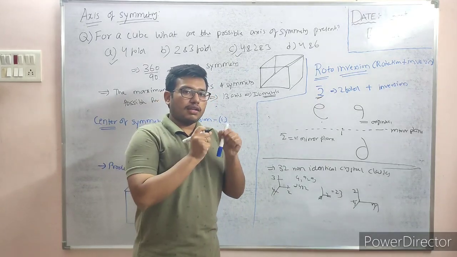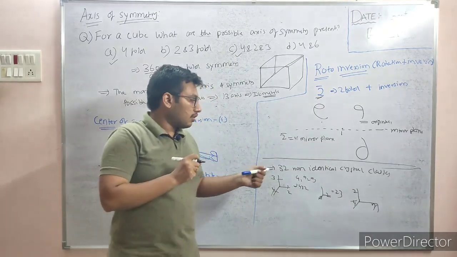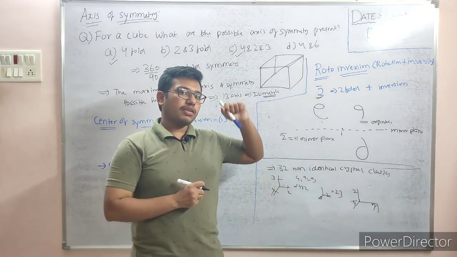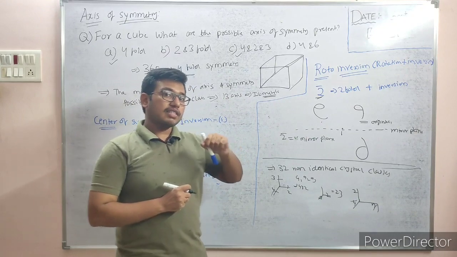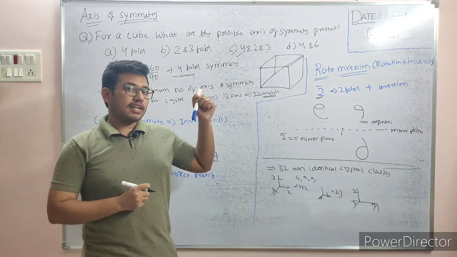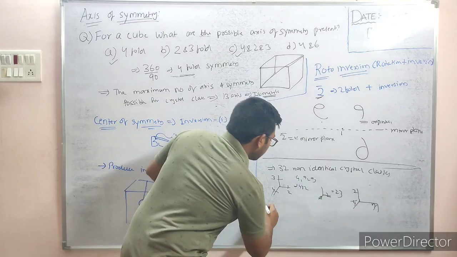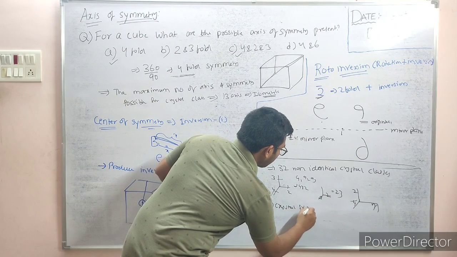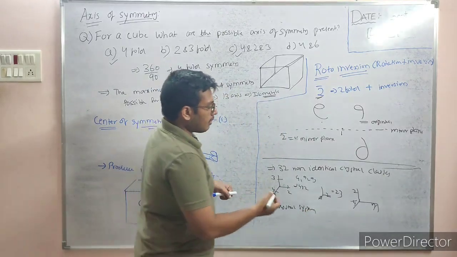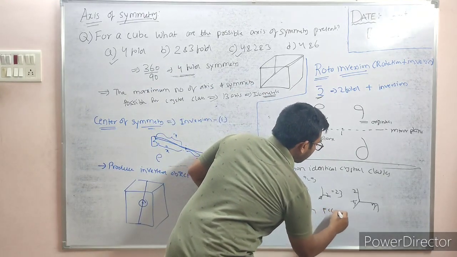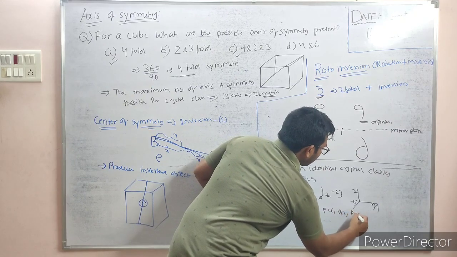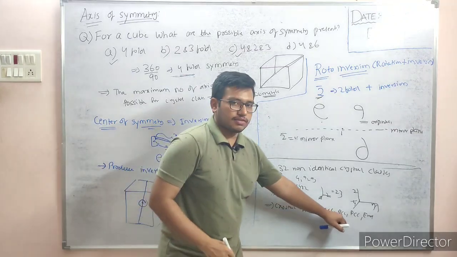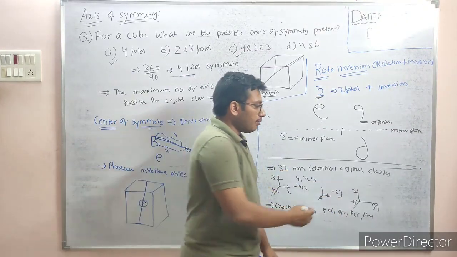Meaning they are not the same, they are different. So the different crystal classes produced are 32. Okay, don't confuse this with Bravais lattices. Bravais lattices are different. In the Bravais lattices, what we will do is combine the crystal system with PCC, FCC, like that. Crystal system with face centered packing, body centered packing, primitive packing and end centered packing. We will combine the crystal system with this, and we will get 14 Bravais lattices.